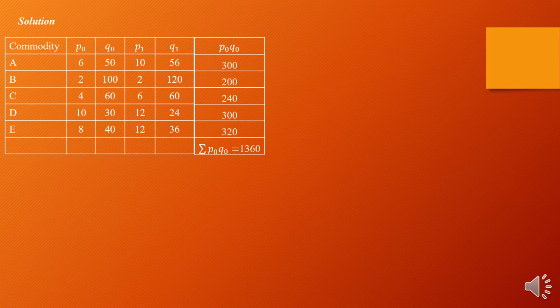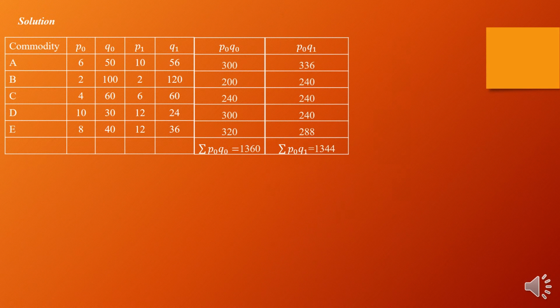So calculation is shown here. So 50 into 6, 300, 100 into 2, 200, 60 into 4, 240, like that. So the sum of this is 1360. Then we have calculated P0 into Q1, base year's price into current year's quantity. So here base year's price 6 into 56, 336, 2 into 120, 240, 4 into 60, 240, 10 into 24, 240, 8 into 36,